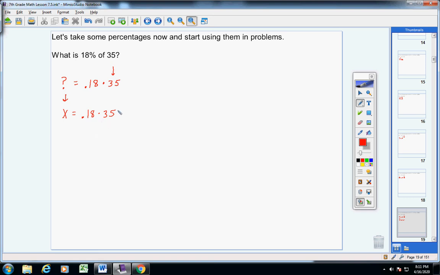So do you see how helpful it was, students, to write a statement in English? If we can write that mathematically, we then come up with an equation that we can solve pretty quickly. In fact, right here in front of us, we see what x equals. X equals these two numbers being what? Multiplied. So if I simply take these two numbers and multiply them together, then I'll know what x is,